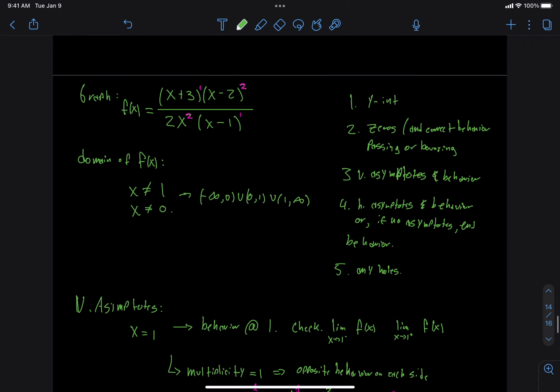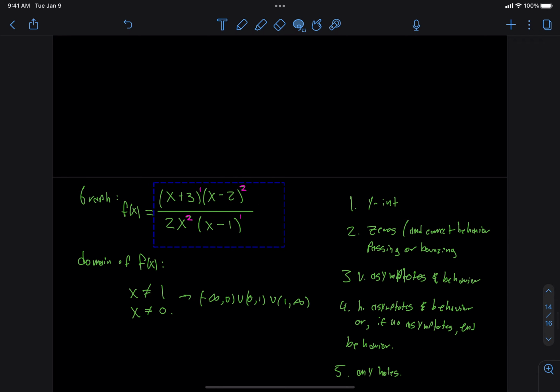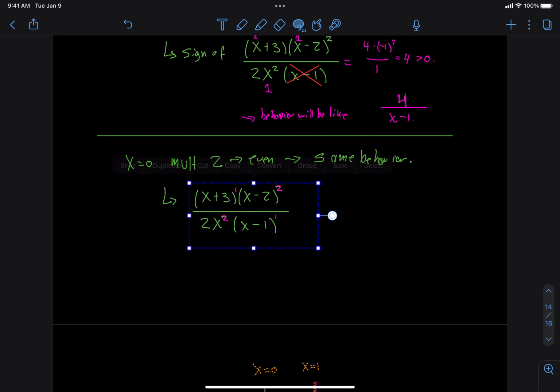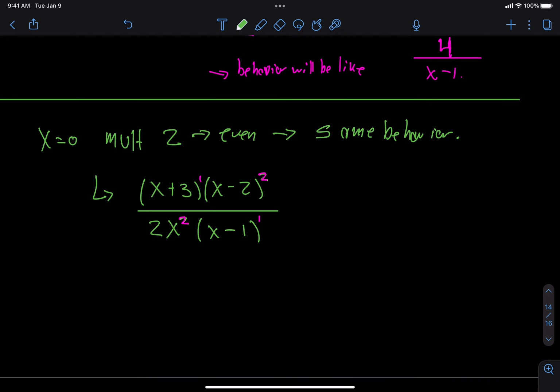Next up, let's do the leftovers. The leftovers is what I'm going to get when I take this expression and plug it in. I'm going to forget about this term for now, and see what I get when I plug in 0 here, and 0 here, and 0 here. Then I would get 0 plus 3 times 0 minus 2 squared divided by negative 1, which is 3 times 4 is 12, divided